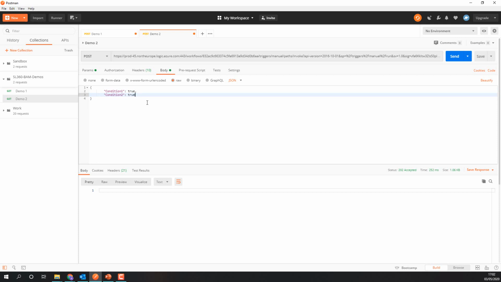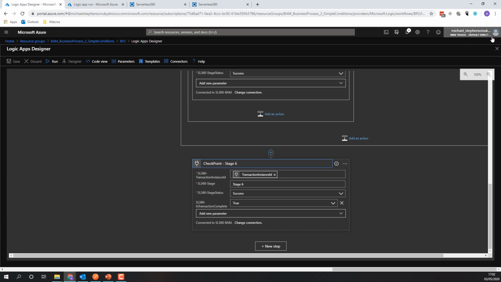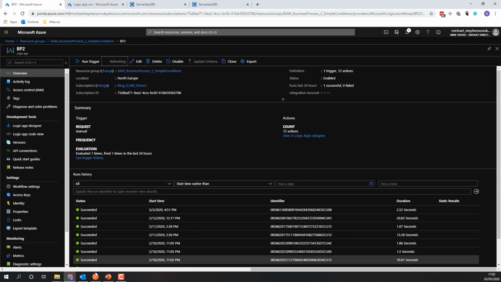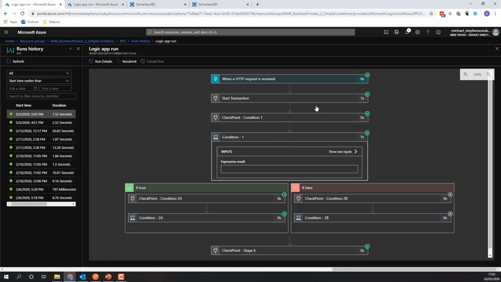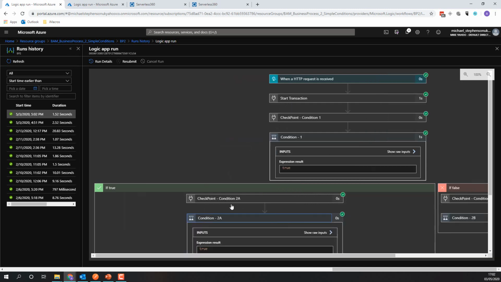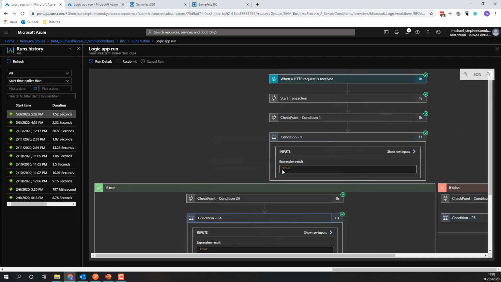So we've got Postman here, and I've got my JSON with condition 1 set to true and condition 2 set to false. We'll just change that to true for this example, and all I'm going to do is just trigger my logic app here, and we're going to jump back to Azure and just take a look at what happened there. So if we just refresh this, we should see we've got a new execution here, and you can see that the code came in, we executed the checkpoint shapes, we went down branch 2, so we went through branch 1 with true,